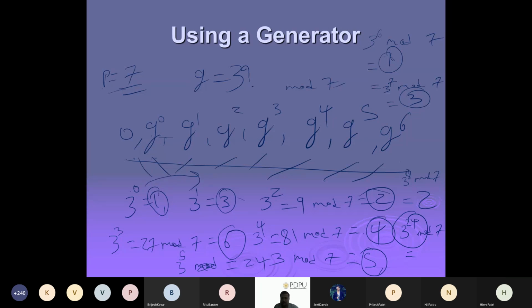So generator does not mean that it will give you the group element. It will give you the group elements in that sequence in a continuous order, right? So here my sequence is 1, 3, 2, 6, 4, 5. Again 1, 3, 2, 6, 4, 5, 1, 3, 2, 6, 4, 5. That is what the generators will do, right? And that is not a repetition. So every number is unique there. That is the way it will work.